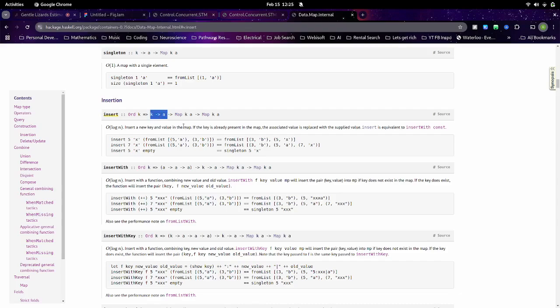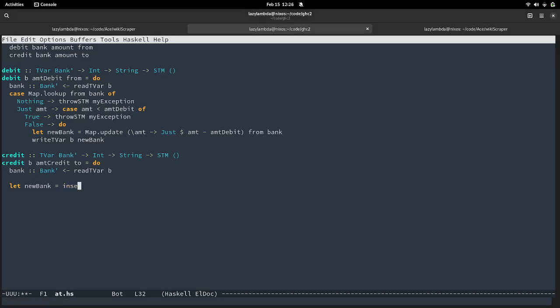So that obviously won't work if I want to say for a user that has $1,000 and they get a transfer of $10, the end value that I want is for them to have $1,010 instead of just $10. So I don't want to replace the value. I want to update the value with a more generic function. So I'm going to say insertWith, Map.insertWith.